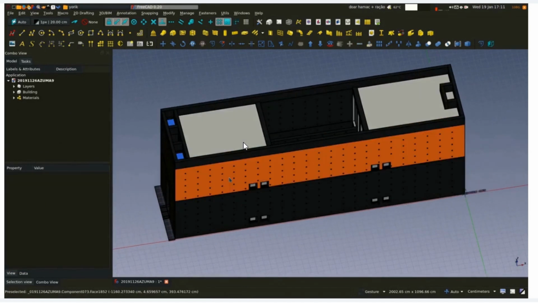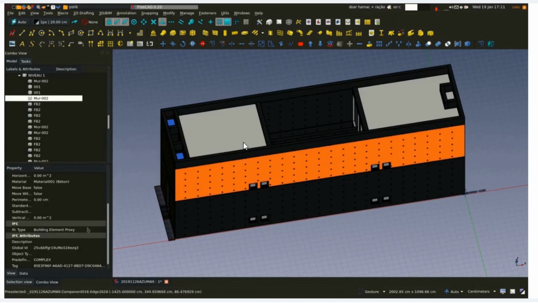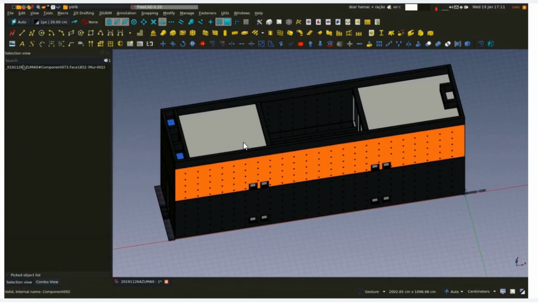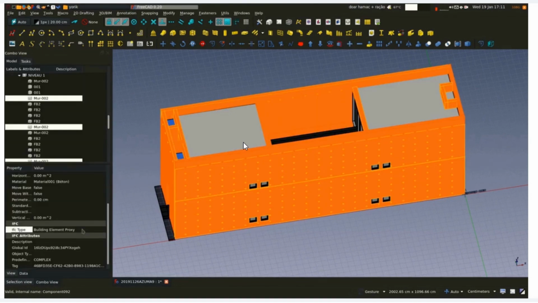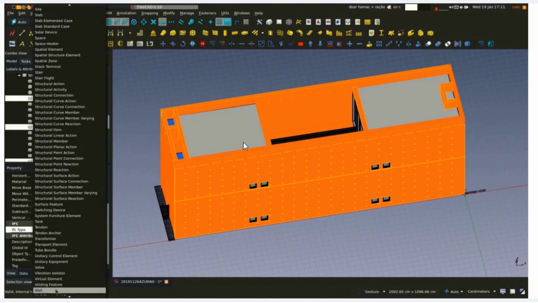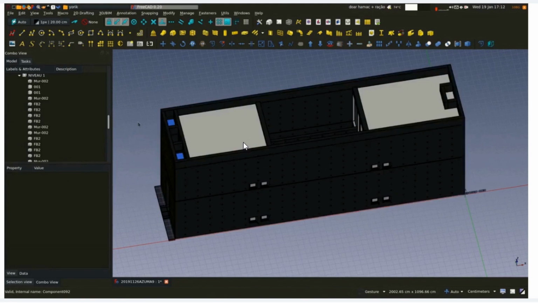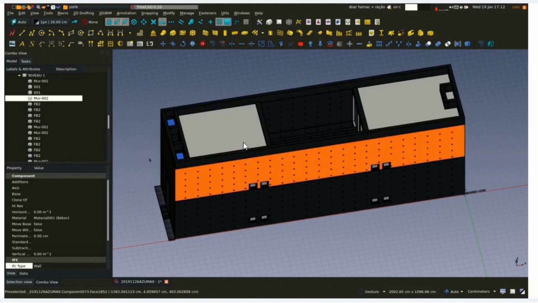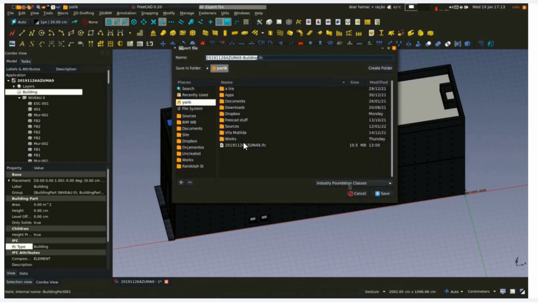And now we can fix our main problem, which was that the walls were not walls, and that's one of the easiest things to do in FreeCAD. We can just filter by name. Here are all our walls, and we just change their IFC type, and that's it. The file is basically fixed. These kinds of fixes are really easy and quick to do in FreeCAD, and we export back to IFC, another file,